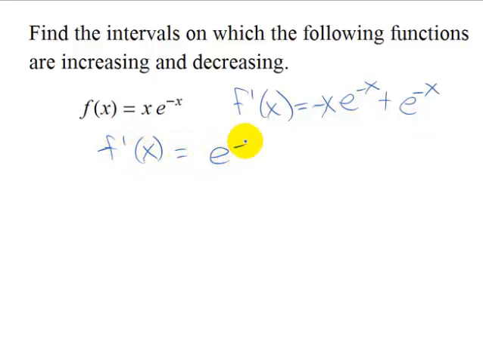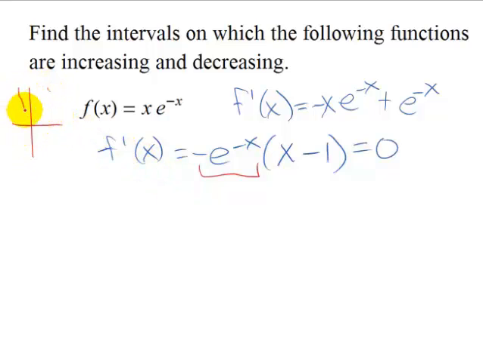So I'm going to factor a negative e to the negative x out, and that'll leave me with negative 1. I'm interested in where that equals 0. And as we talked about, e to the negative x never equals 0. If you think of the graph of e to the negative x, it looks like this. And of course, negative e to the negative x would just be a reflection of that, but it never does equal 0. So I won't get a critical number from there,